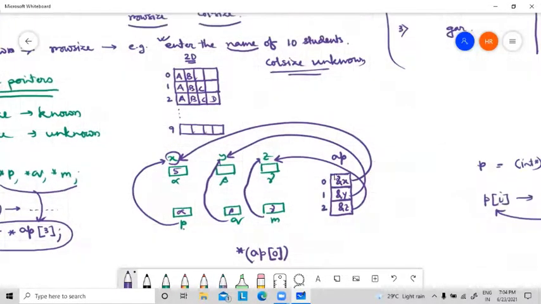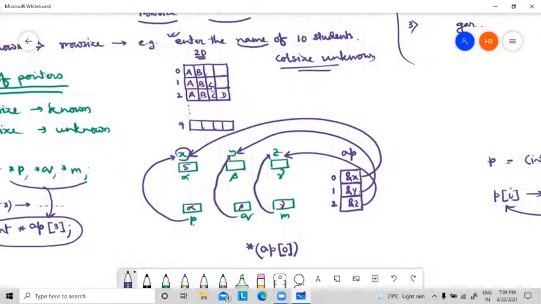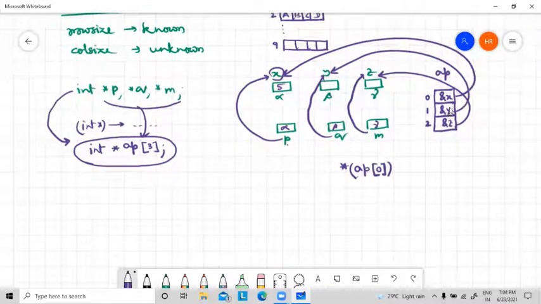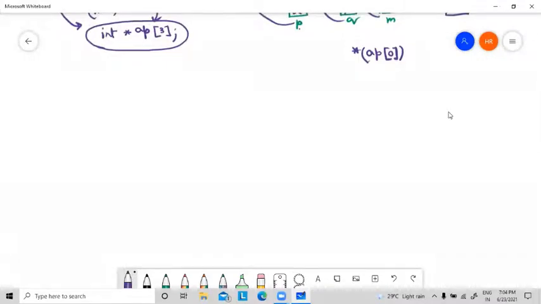Now for this particular problem, where I have to store 10 students' names, how will we define it? I will define it like this. At first, I will declare one character array of pointers, say name 10. Very clear?